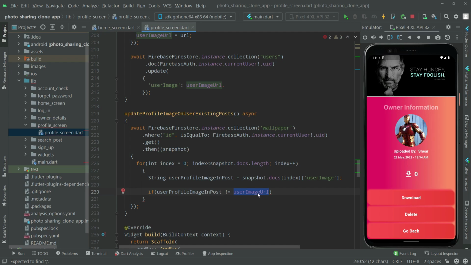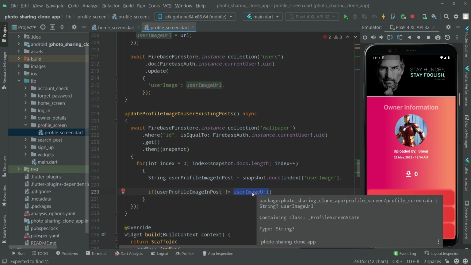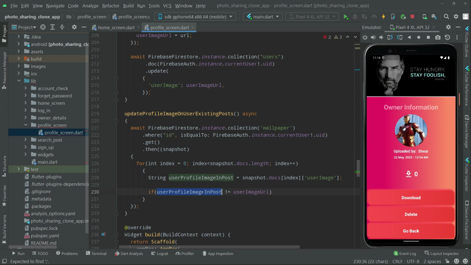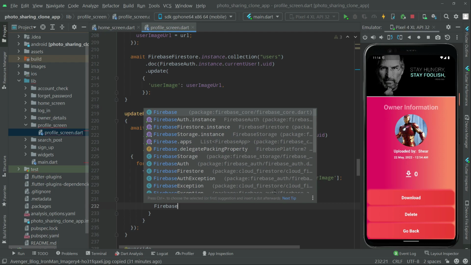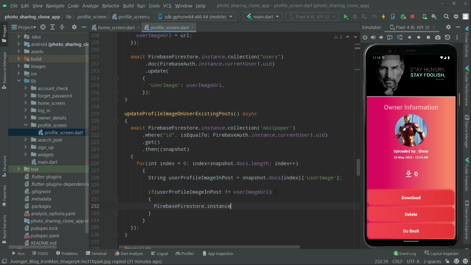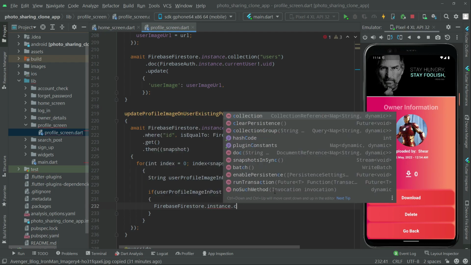In here we will simply check the old URL with the new one. If the old URL is not equal to the new one, then in that case what we will do is simply create a Firestore instance of Firebase, and write in the collection